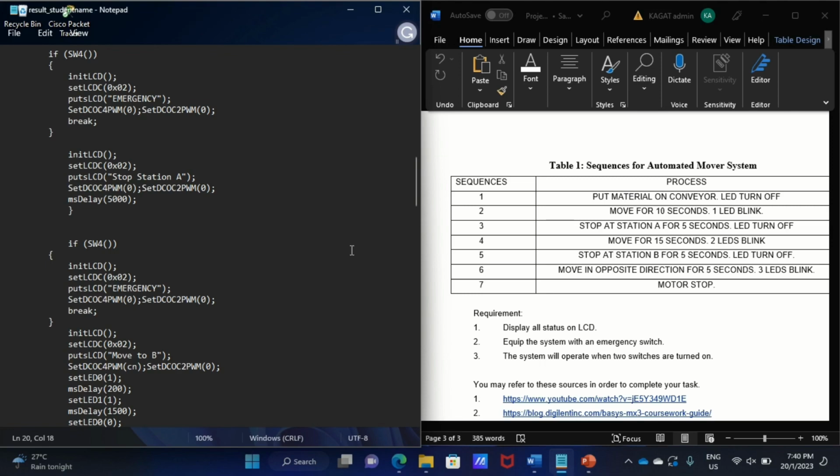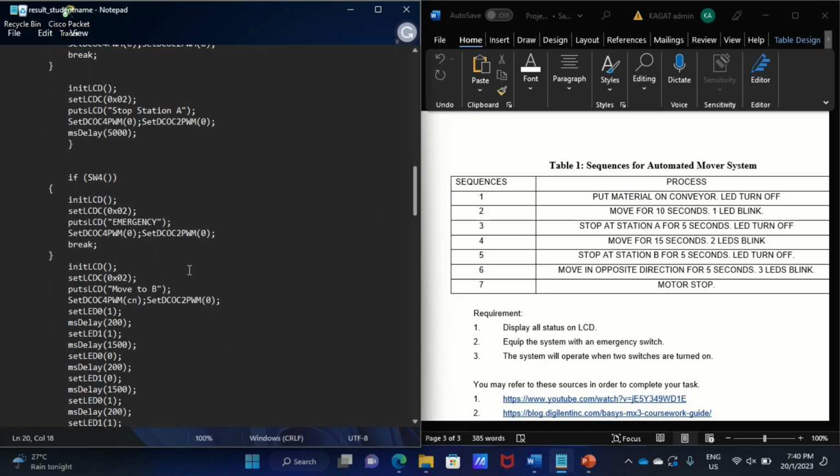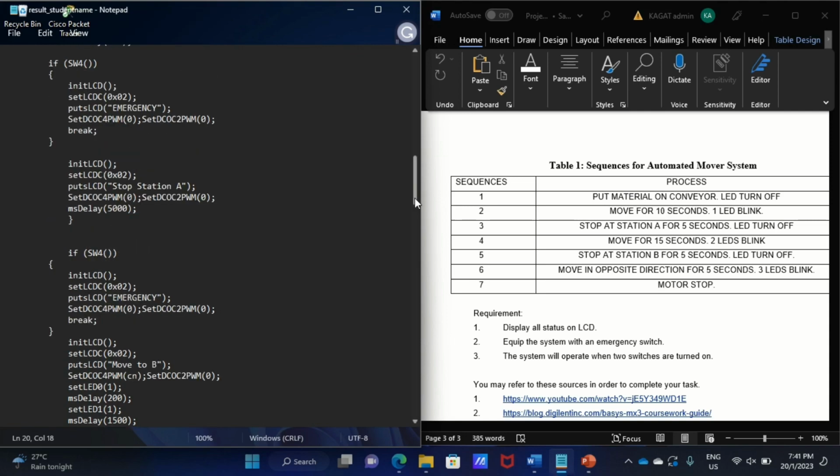We use the same functions as the previous one: init LCD, set LCD 0x02, puts LCD move to B, and set DCOC for PWM CN, set DCOC to PWM, and use set LED 010 to light up